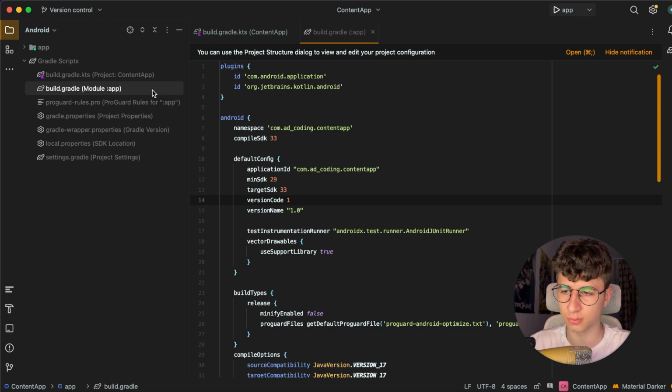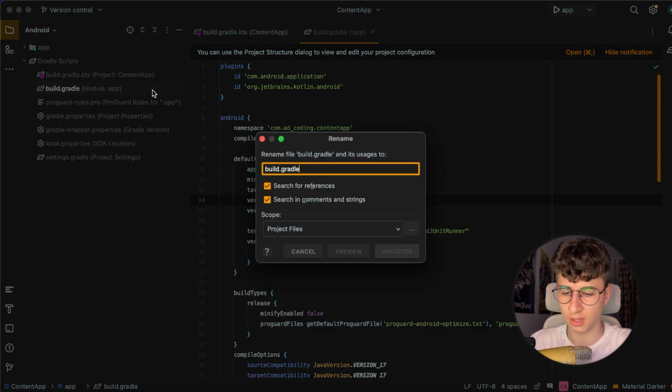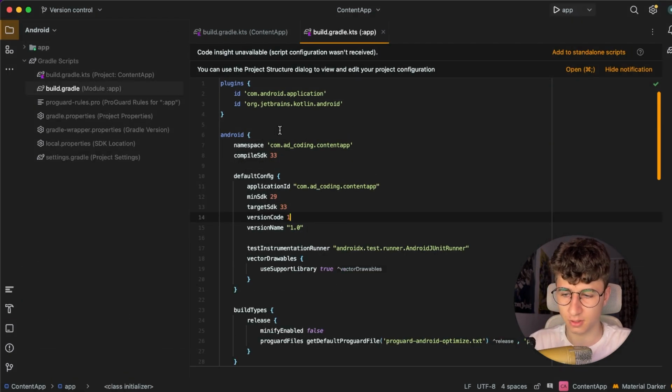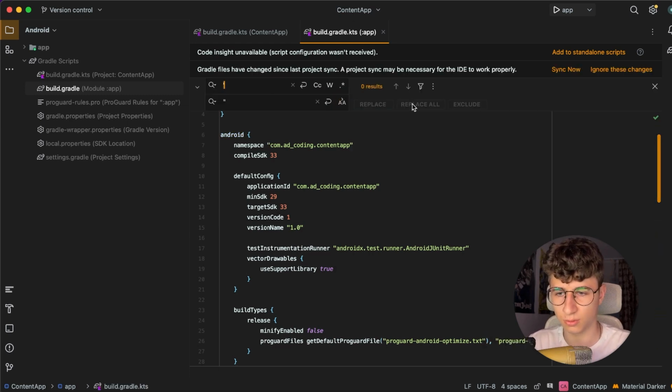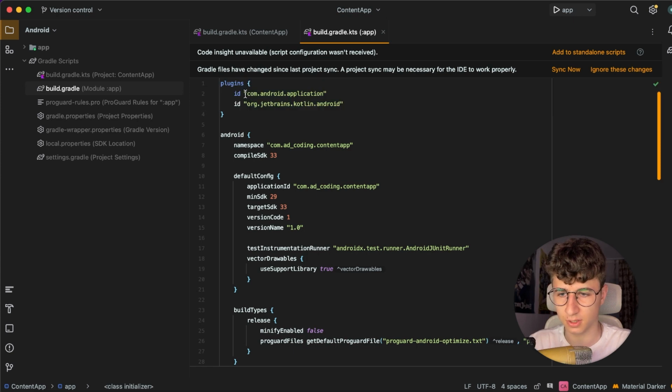Let's move on to the build.gradle from the app module and rename this to build.gradle.kts and do refactor. And now let's replace the single quotes with double quotes. And now let's add the parentheses to the IDs. Now we have to add equals because these are like Kotlin variables and we have to assign a value to them. So let's say equals test instrumentation runner equals,